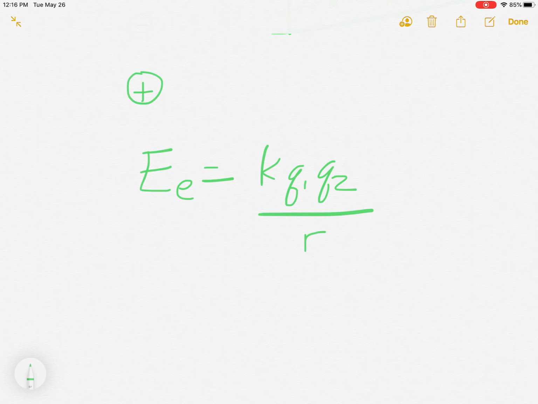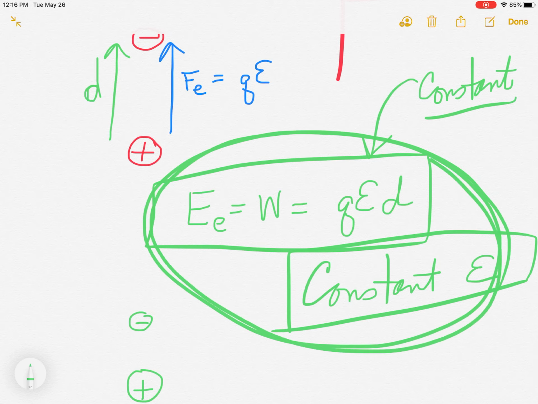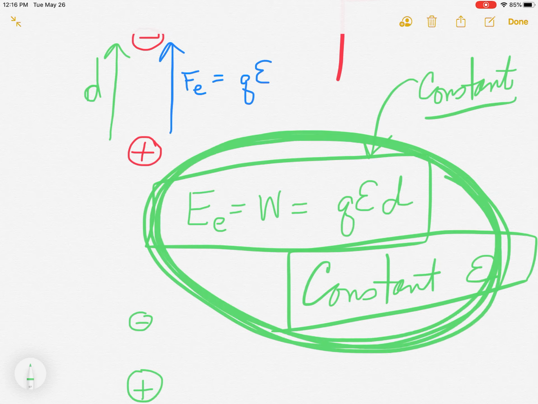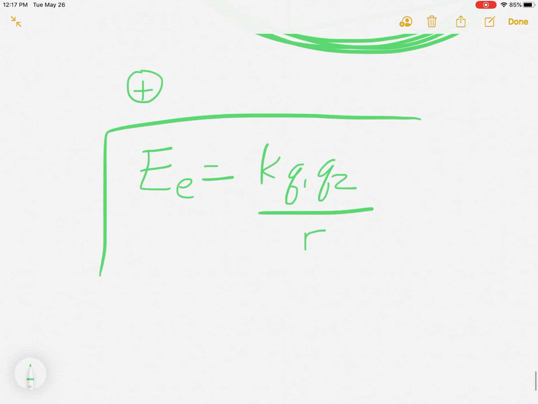And then it's pretty much plug and play, right? So I'm going to give you some questions to work on, and then in the next video I'll come back to this constant E, and I'll show you how we can generate situations where the field strength is constant, sort of similar to the Earth's surface being always the same. All right, so for now we're just going to practice with this equation and see where we